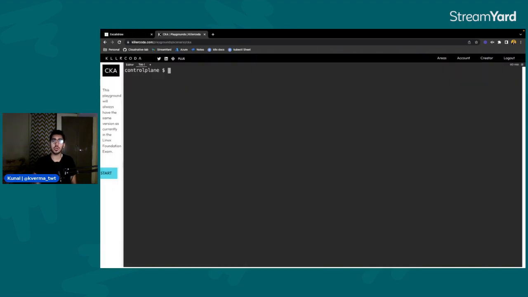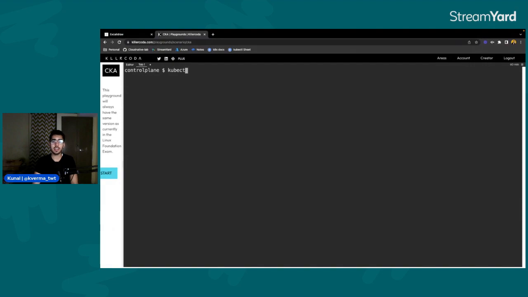So let me show you how things actually look in a Kubernetes cluster, run a few commands in front of you and show you what the components we talked about look like in an actual cluster. Right now I am using 1.27. This is, by the way, Killer Coda, a free platform which you can use to test out tools or work with Kubernetes. You can try it out in your browser itself. It's free to use. I'll link it down below in the description as well.